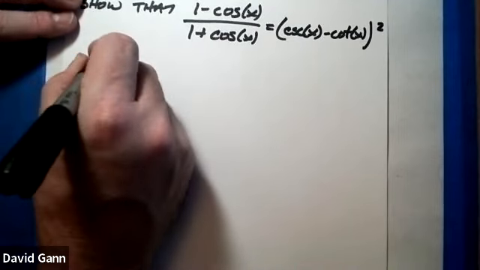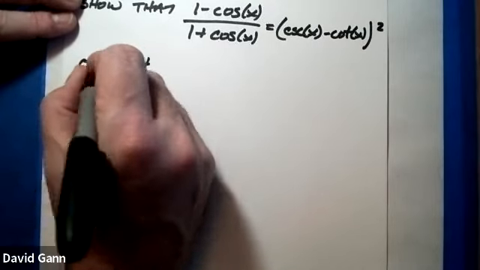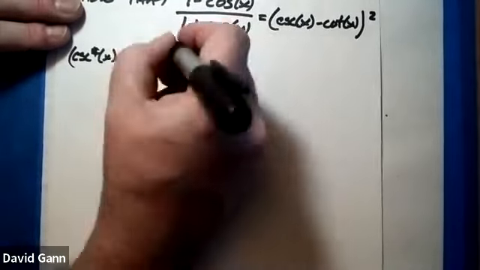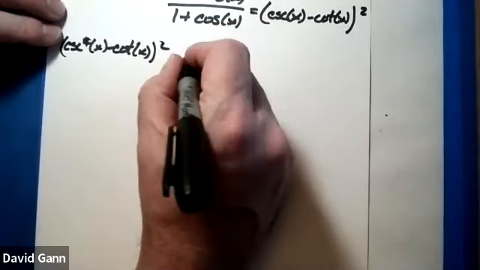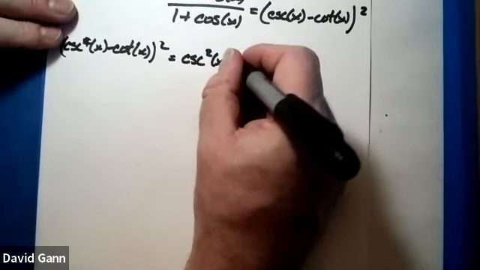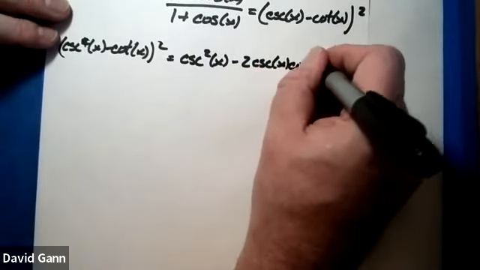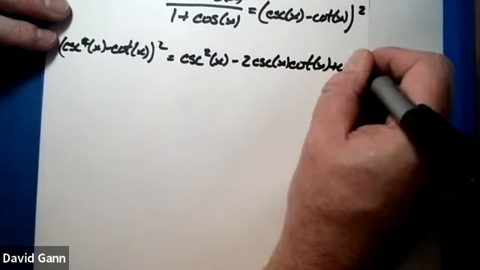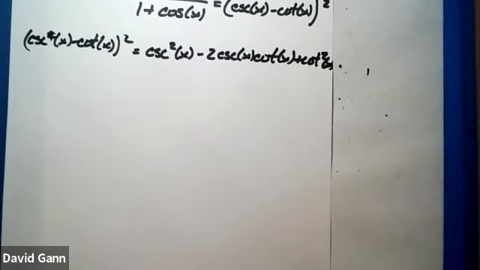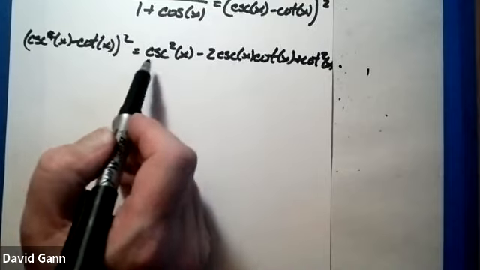So cosecant squared of x minus cotangent, or sorry, it's not squared. Cosecant of x minus cotangent of x, quantity squared. Okay, so let's distribute this. We're going to end up with cosecant squared of x minus 2 cosecant of x cotangent of x plus cotangent squared of x. Now, each one of these terms, by using a reciprocal or a quotient identity, we can get those all